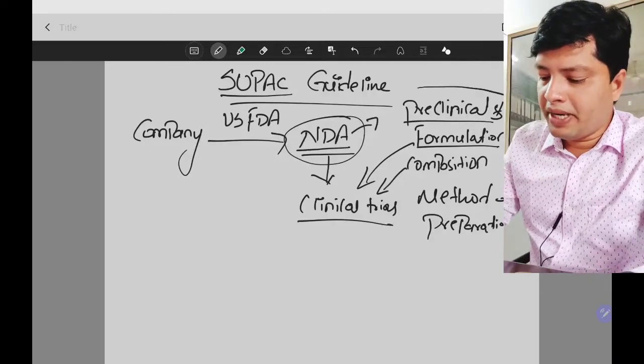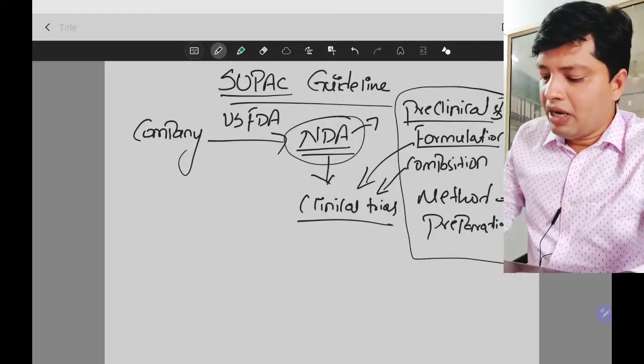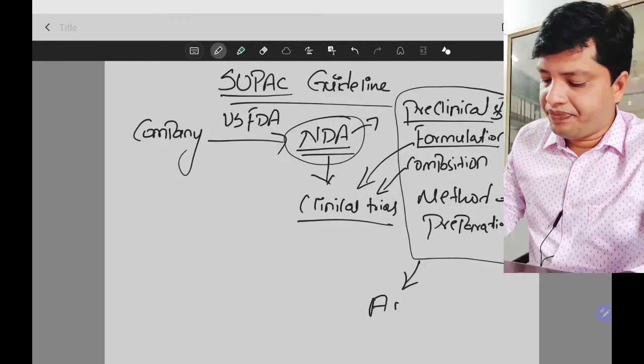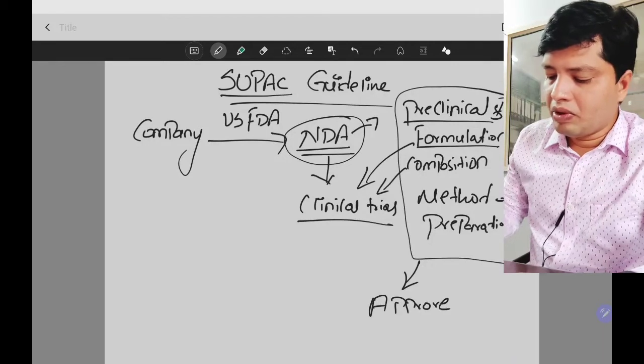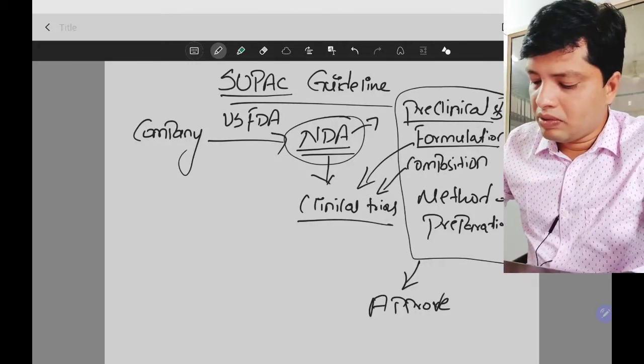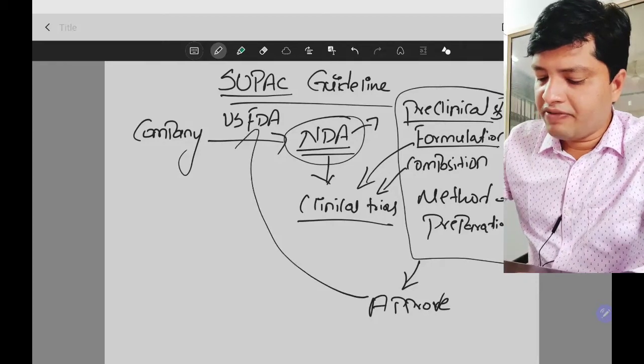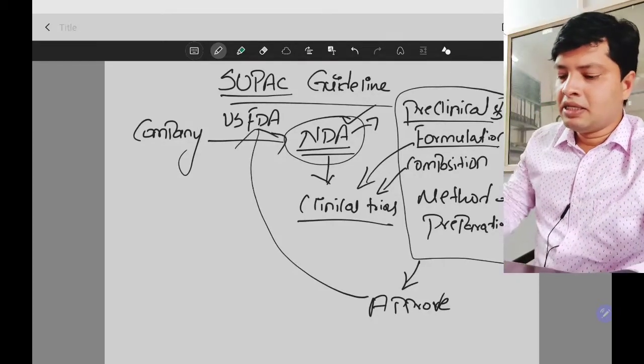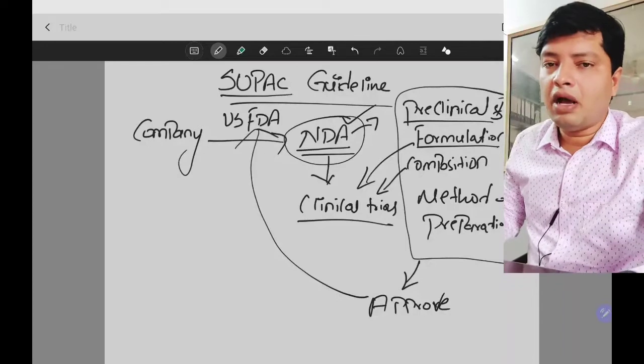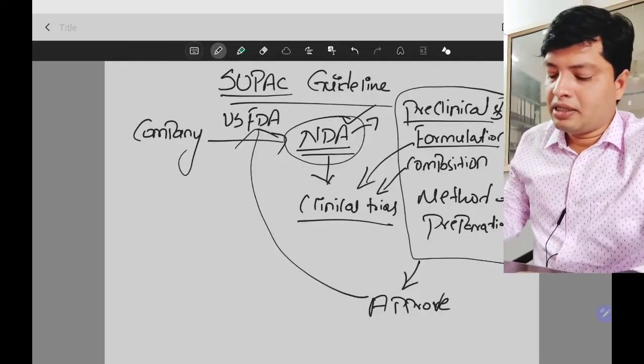Whatever you are providing here, they will approve this. Who will approve this? US FDA will approve your application. Whatever data you provided, they will approve this data.